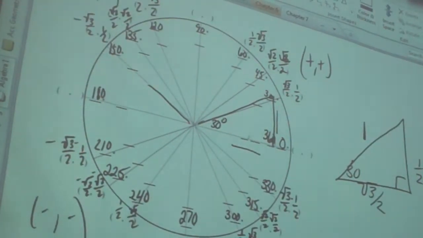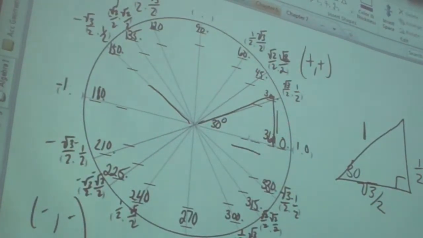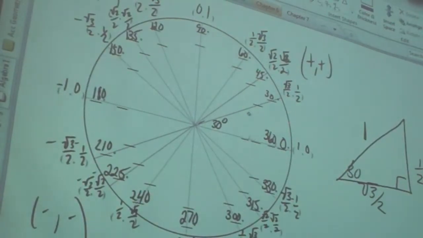All right, coordinate points. Radius of 1. So this is going to be 1, 0. This will be negative 1, 0. 0, 1. And then 0, negative 1. Okay? When you go to do your radians,